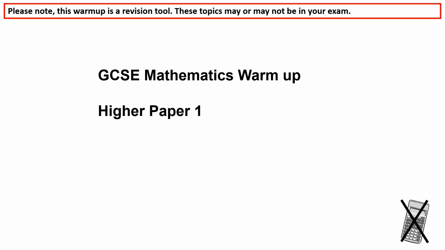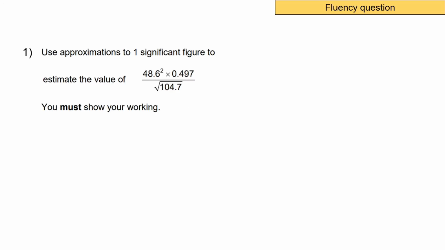Right, starting off with an approximation question. It says use approximations to one significant figure to estimate the value of this calculation here. Whenever you're approximating or estimating a value, you are going to be approximating it to one significant figure anyway, so the question is telling you that you need to write it correct to one significant figure. If it doesn't mention anything about that in the exam, you are still going to be doing the same thing. So approximately it's going to be 50 squared,